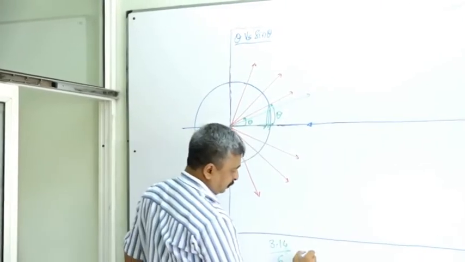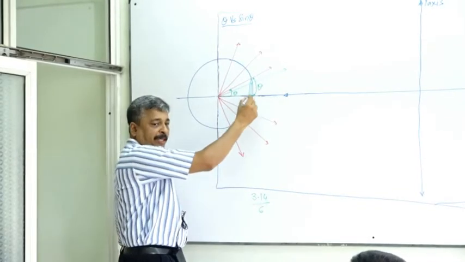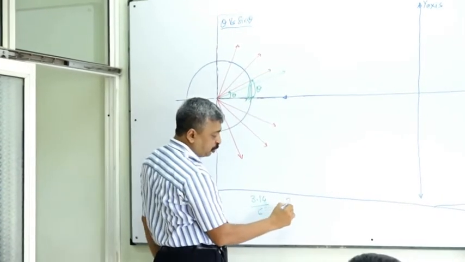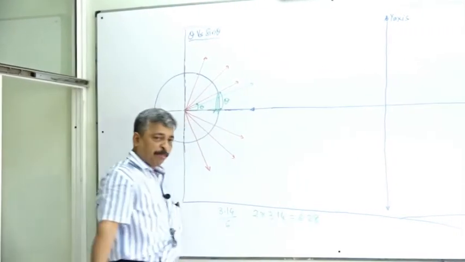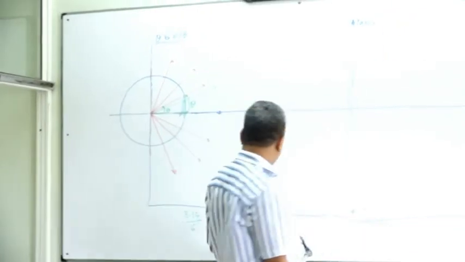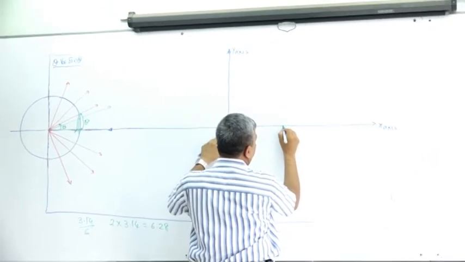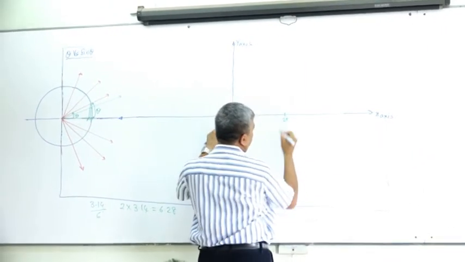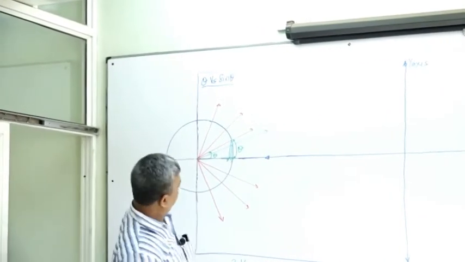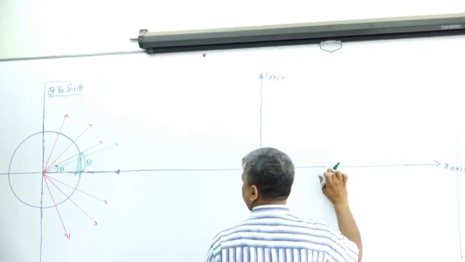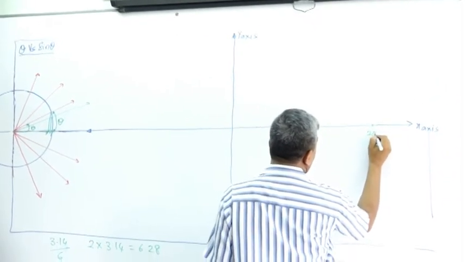But then what will be my 2 pi position? Suppose I travel along the entire circumference, 2 pi, then I will be back to this point, and therefore my 2 pi, that means 2 into 3.14, which is 6.28. So suppose my 2 pi point I take at 6.28 centimeters, 1, 2, 3, 4, 5, 6.28. So suppose I consider this as my point 2 pi, that means I am traveling along the circumference. Something like this. This is 2 pi.